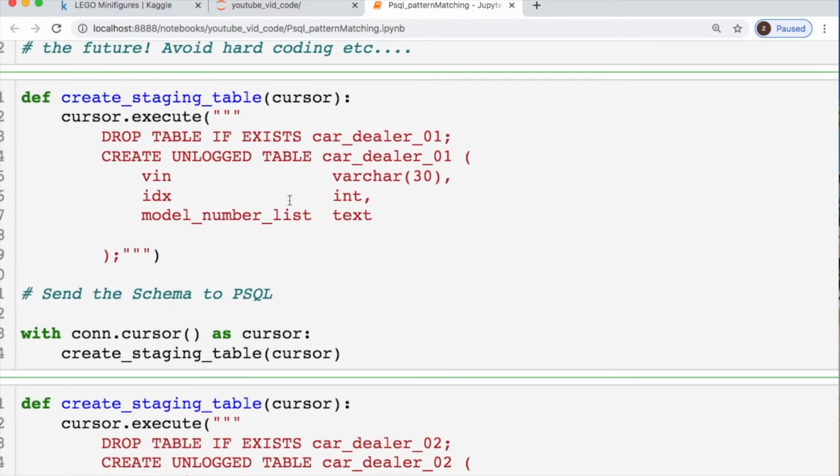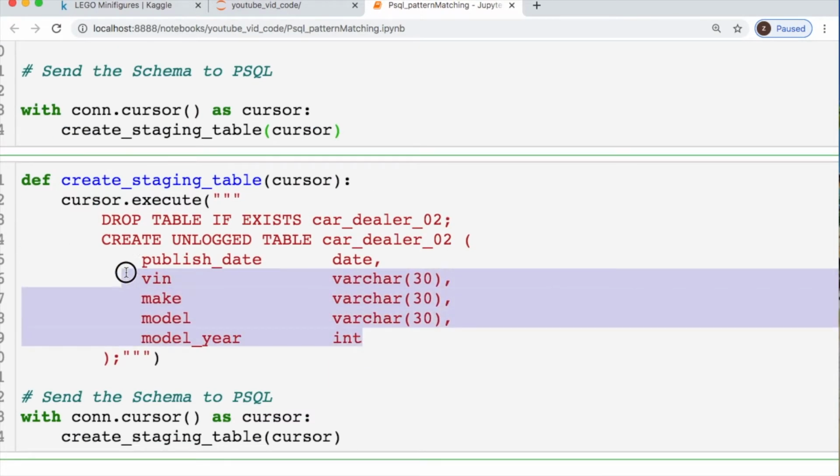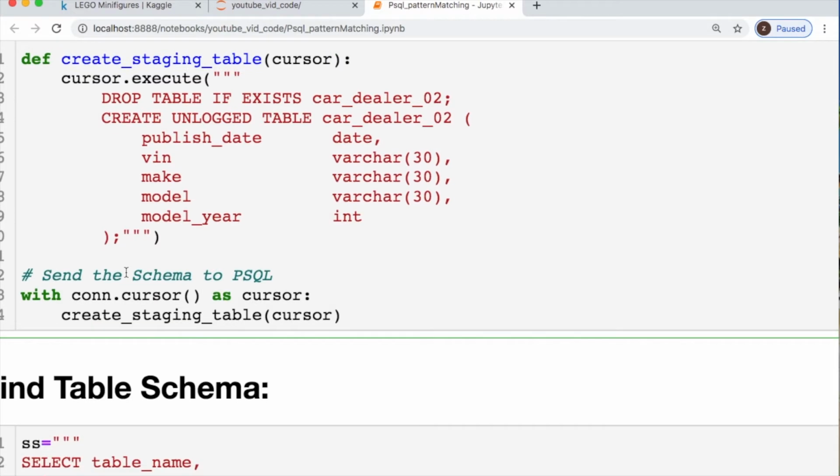Now, I created these two tables so we could chuck our data in. I just subset these real small so we could just get an idea of what's going on. And I've used this in previous videos, but if this is the first time watching this, what I'm doing is dropping this if it already exists. I'm creating an unlogged table, and here's the three columns with their data types or their schema. And then I'm sending that off. And just think of this with statement like a with open if you're throwing open a file. After it's done, you don't have to worry about allocating resources or closing this out unless you're closing your connection. Now, I did the same thing for the second table, which is fine and dandy. It's just a little bit different in data.